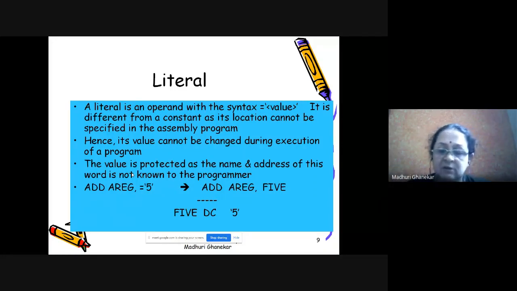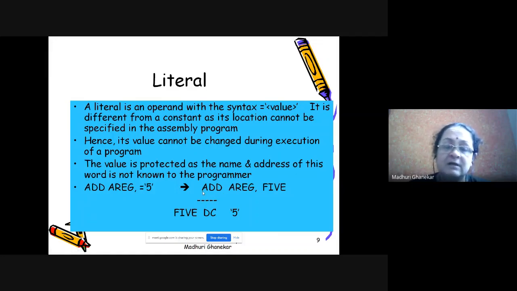So basically try to understand there are two types. One is the literal, the other is the constant. For the sake of simplicity, we will be allowing this kind of construct using DC in our SMACO programs. If you want, you also can make use of LTORG. Because it is an advanced level assembly feature, yes, definitely you can make use of it, but then it will make your program a little complex. Okay, so it will not be a simple program. We are treating it as a simple assembly, so we say that only this construct is allowed in our assembly.